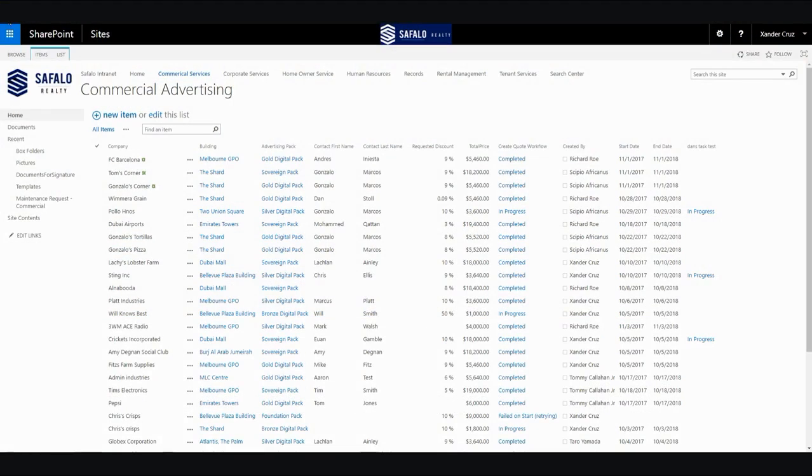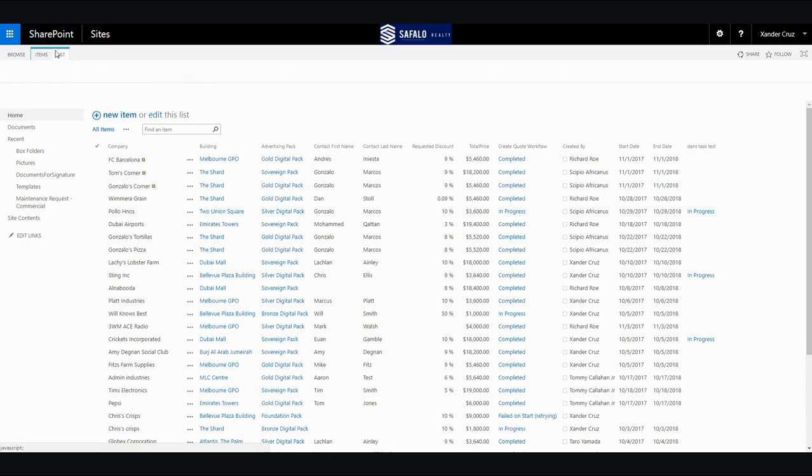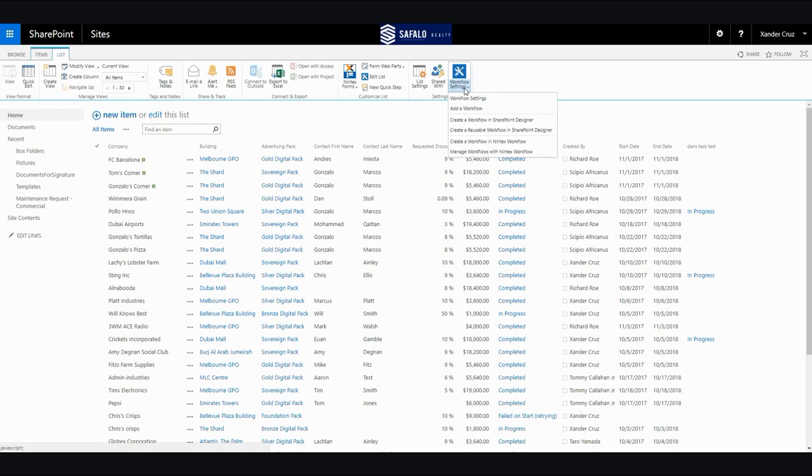Now that we've already created our Nintex form, gathering the relevant information from our requester as it pertains to the commercial advertising pack request and any discounts they may wish to receive, we need to build out our workflow. To build out Nintex Workflows, click on List, click on the Workflow Settings button, and then choose Create a Workflow